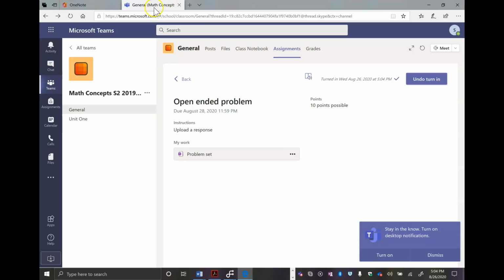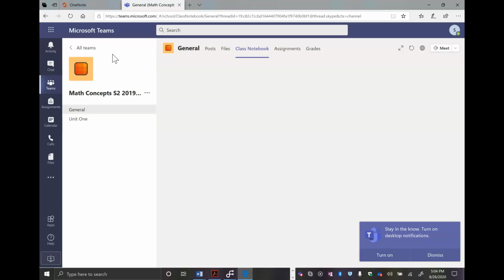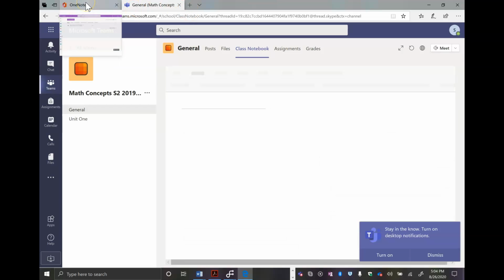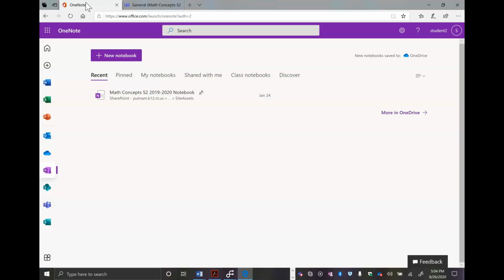So in addition to looking at your posts, files, your class notebook, and your assignments on here, you can also use the OneNote app by itself. So if we look at the OneNote app by itself, it'll show us what your notebooks are. So you can have a personal notebook, but the important ones are your class notebooks. So this is my Math Concepts class. If I click on that,